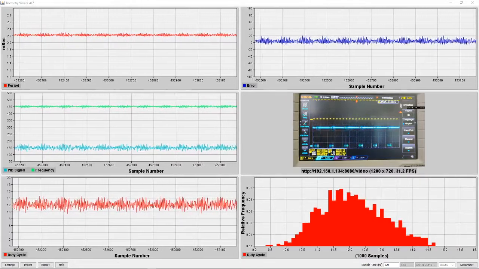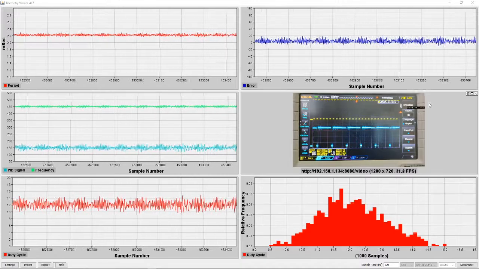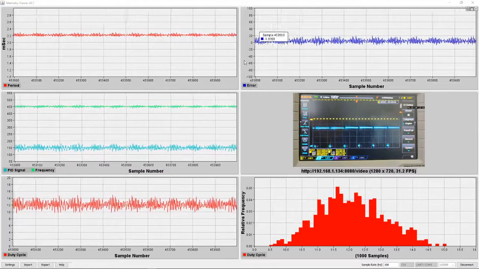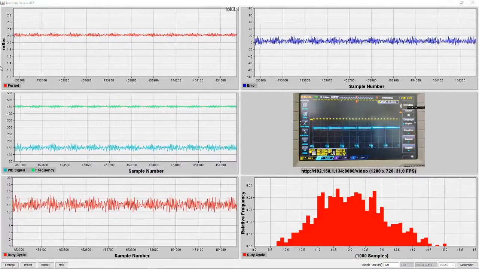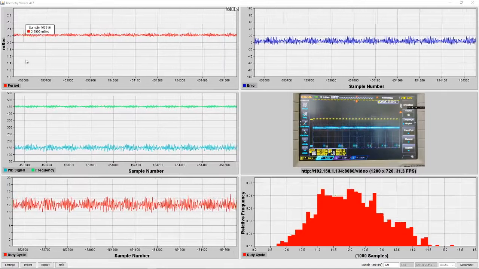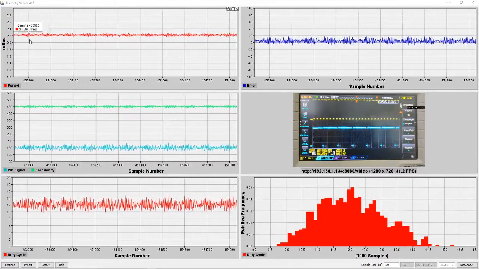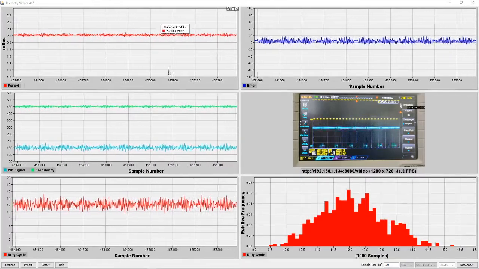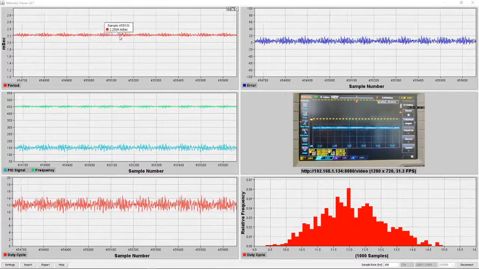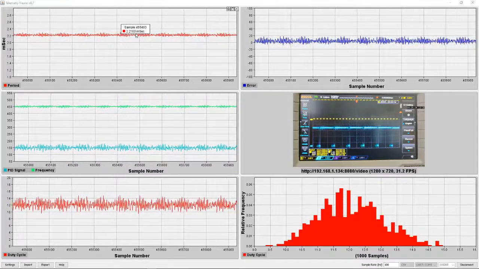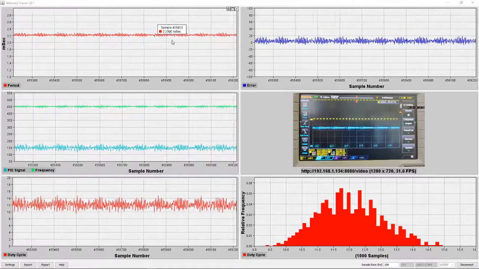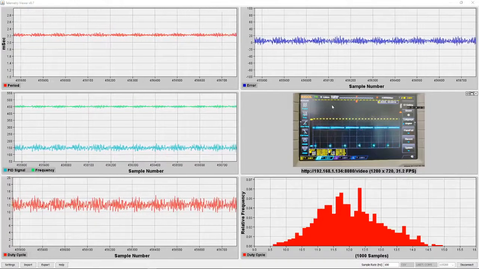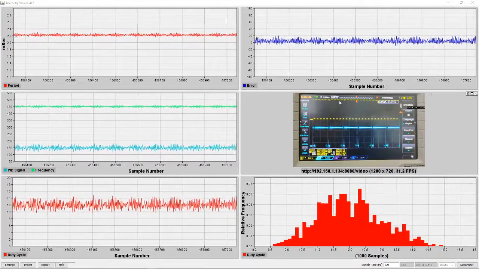So here is a telematics viewer of certain data that are being monitored, such as the actual period. This is the period of the magnetic encoder on the DC motor that keeps track of the speed at which the DC motor is spinning. It's represented here on this yellow waveform on the oscilloscope,